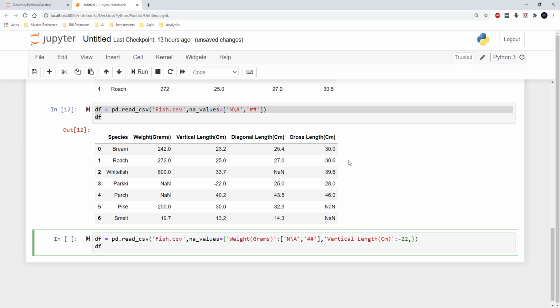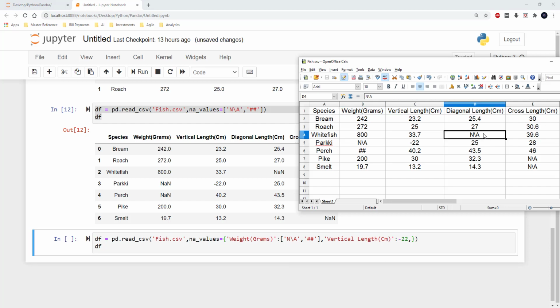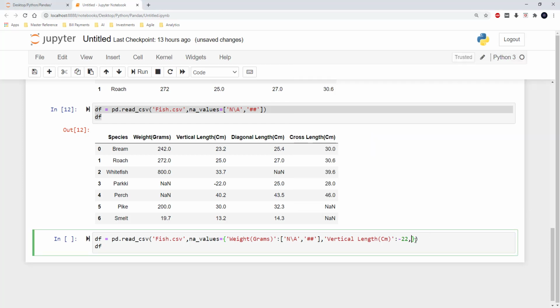And then in the column diagonal length I wanted to convert this NA into not a number, but I don't want to do anything with the NAs in cross length. So here I am going to use the column name diagonal length, and then I wanted to convert n/a to not a number.